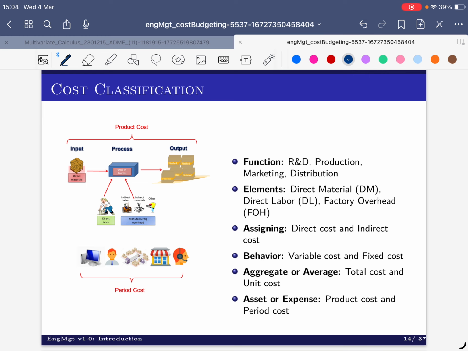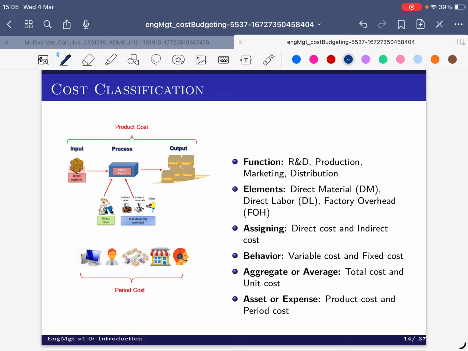You want to know how much it actually costs to produce your items. So we have different ways. The main way that we use is what we call elements. We will look at raw material, direct material, something that is within the products. Direct labor, those employees who really relate to how to produce the items. And factory overhead. Anyone in the factory who helps, can be QC, can be a forklift driver, can be someone else